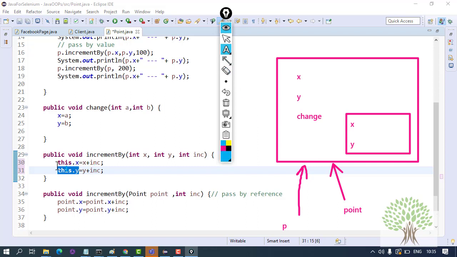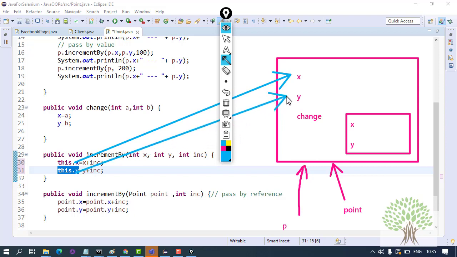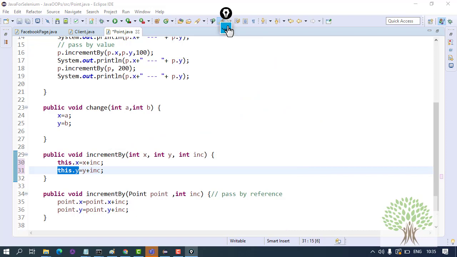This over here basically refers to this.x refers to this x and this.y refers to this y, and x and y over here they refer to these x and y. Okay, right. So this.x means the x of the current object reference and this.y means y of the current object reference.